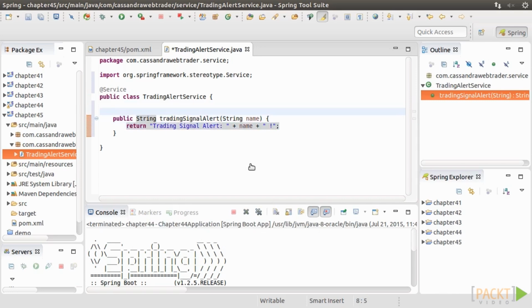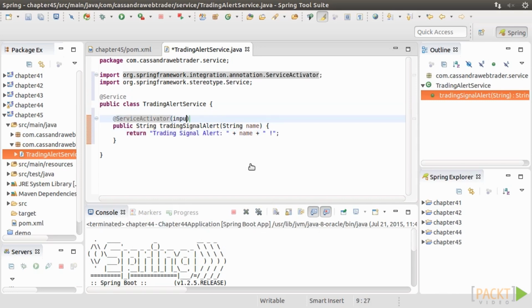Annotate the method with @ServiceActivator and configure the correct input and output channels for the method. The @ServiceActivator annotation helps to handle the incoming message payload, extract, and put the text as the method parameter. The method does nothing but return to the output channel a string composed of the method parameter that is received